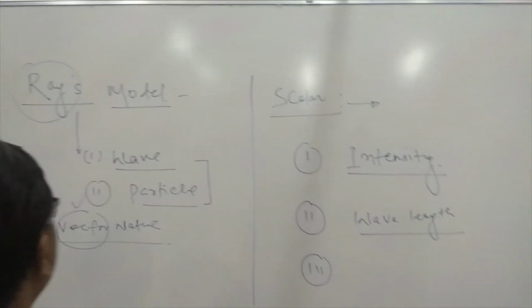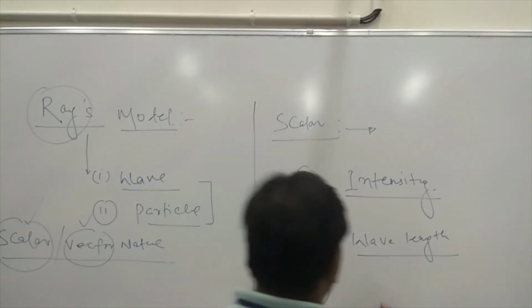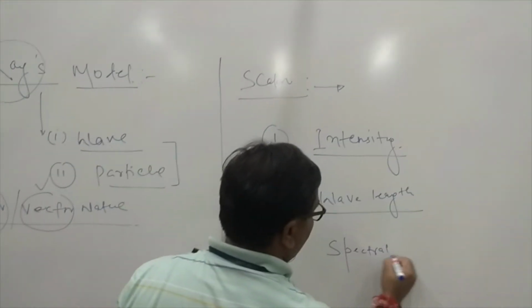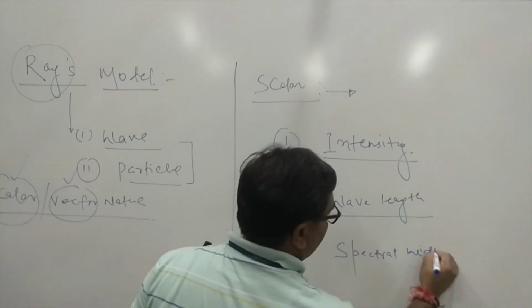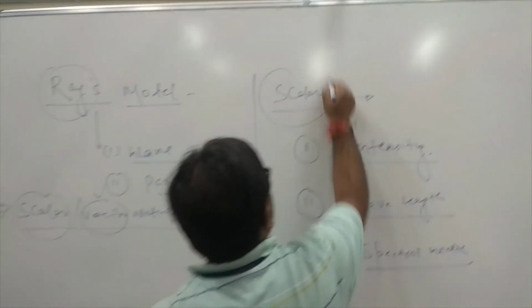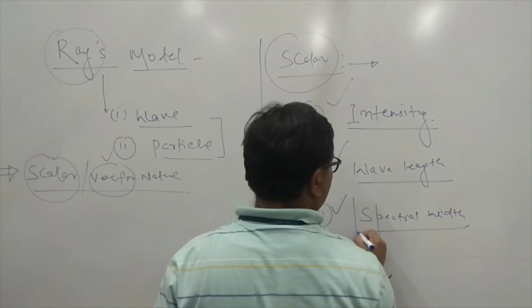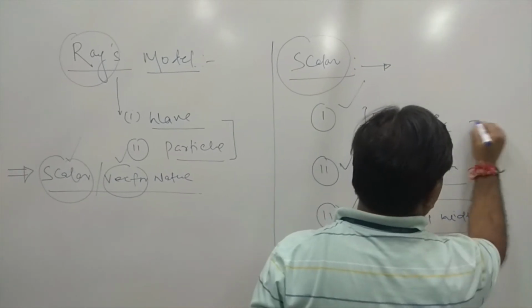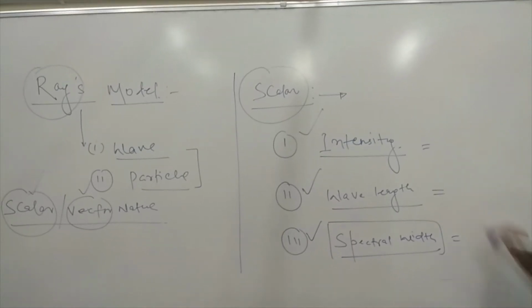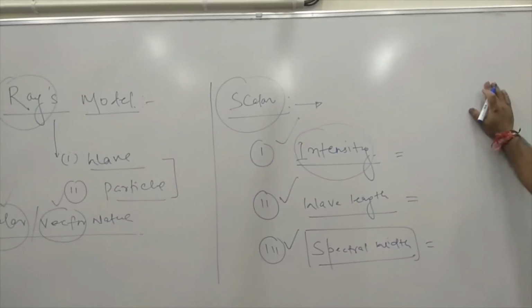Right. The scalar quantities are, first, the intensity, then the wavelength, and the third, which is very important, the spectral width. So the scalar nature of the rays model can be defined by intensity, wavelength, and spectral width. Right. So see, intensity. How can we define the intensity? I will explain these three concepts